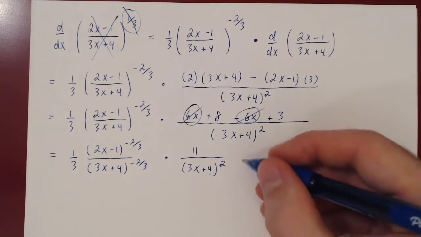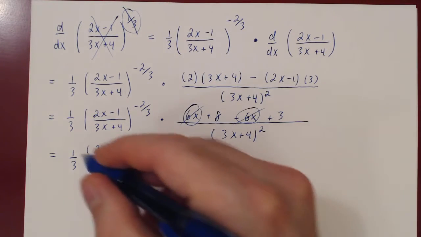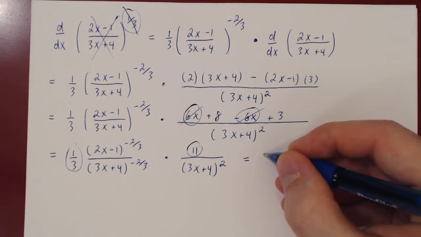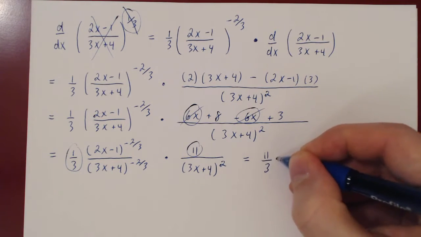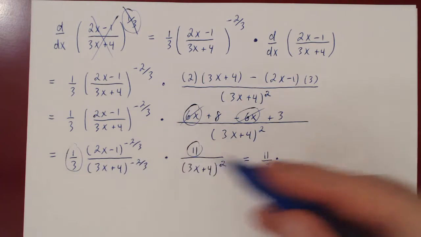And now let's combine. If we put the 11 over 3 up front as a constant multiple, we'll have 11 over 3 times (2x minus 1) to the negative 2/3